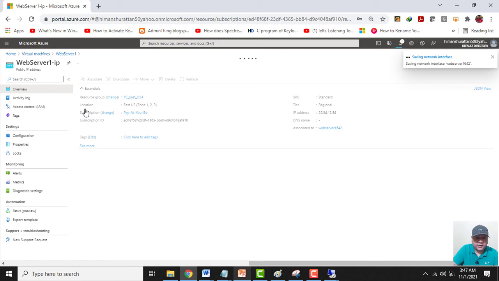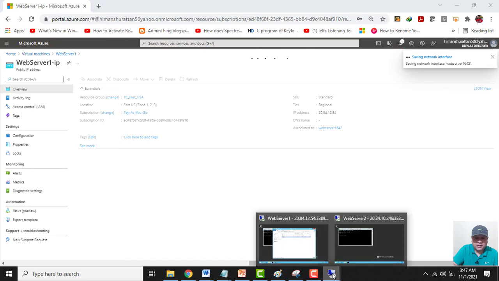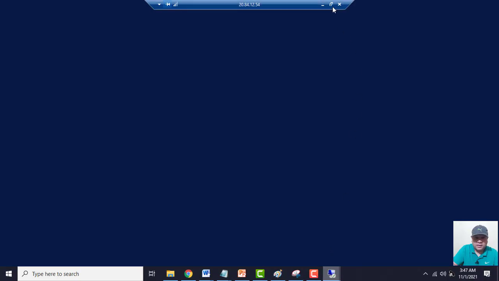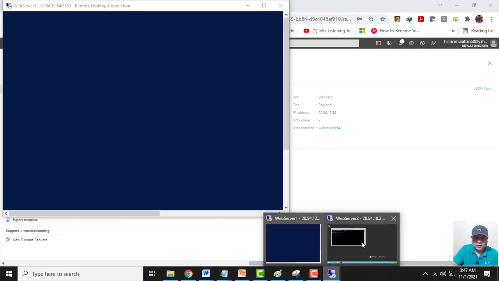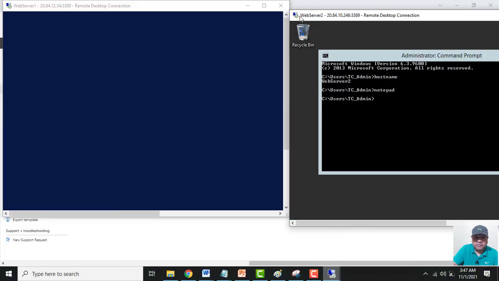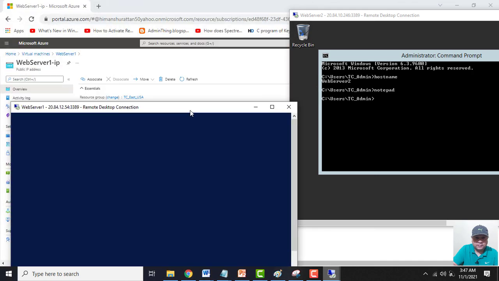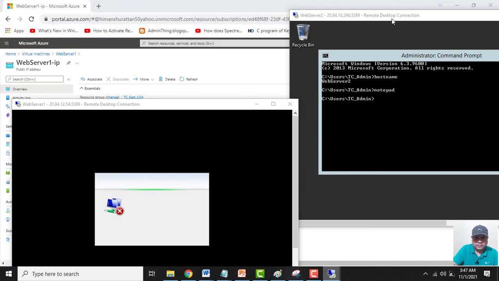Now the public IP address is disabled, and we will see here the moment it is disabled, this connection will be lost. See, we have lost the connection with this web server.